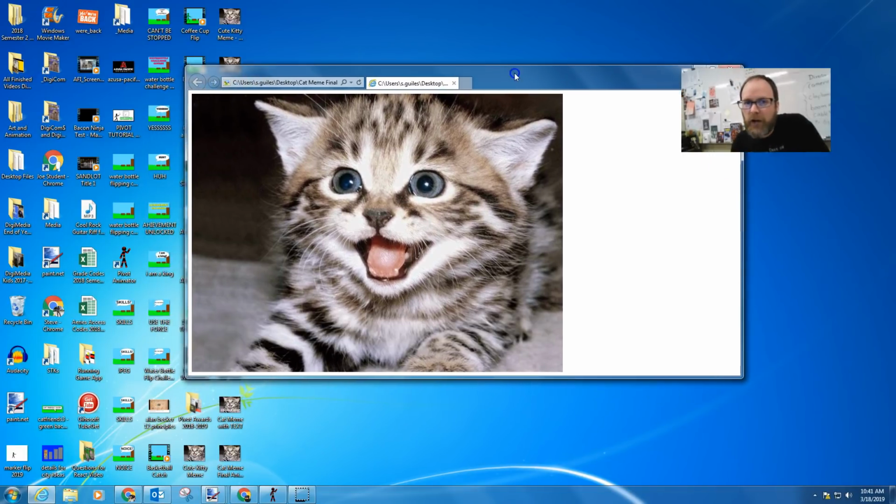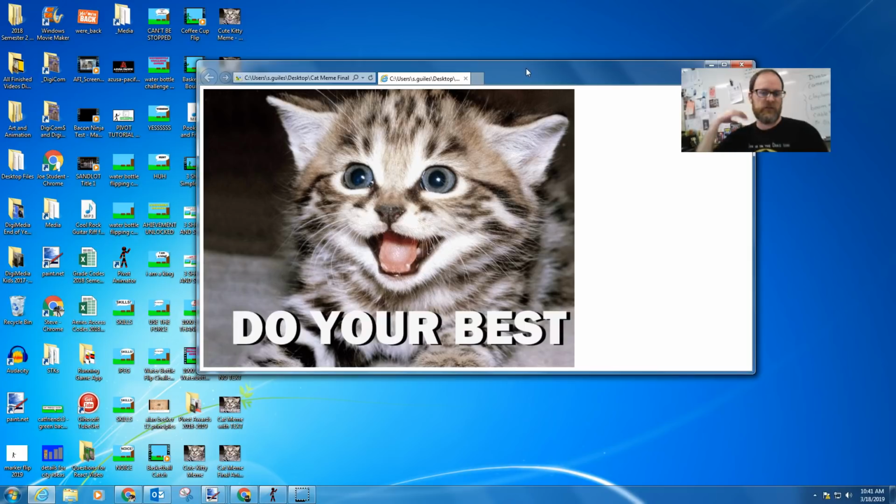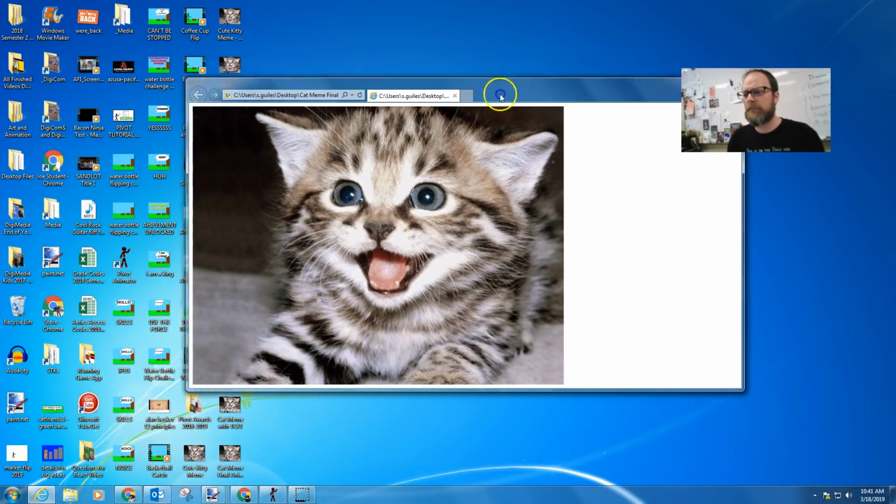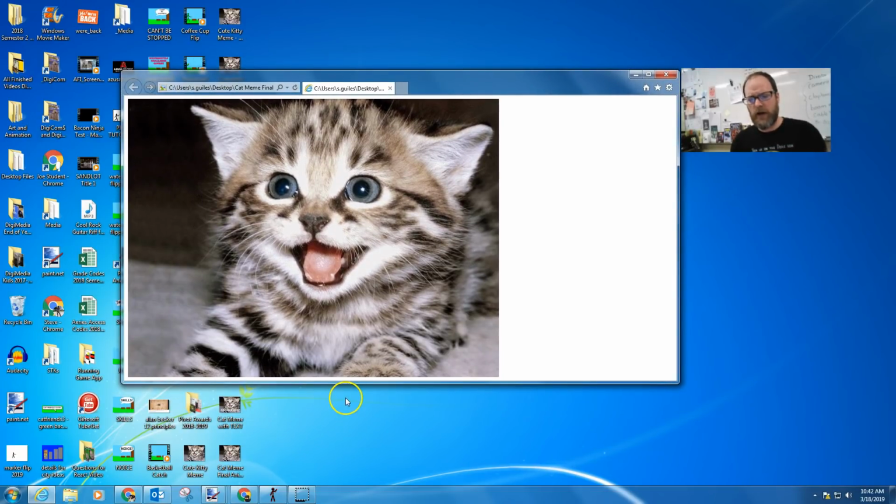And you can be much more complicated, do much more interesting things. You could change the color of the text. You could change pictures so that it switches between pictures. Maybe one cat's happy, one cat's sad. So many options. So I hope you found that